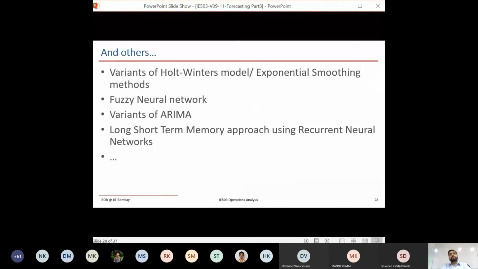What he did was, he had shared in his thesis, his master's thesis, he took the ARIMA model, he took this LSTM approach, and then he used Prophet and he used the exponential smoothing method. So he had exponential smoothing, ARIMA, LSTM and Prophet. So four approaches were taken.